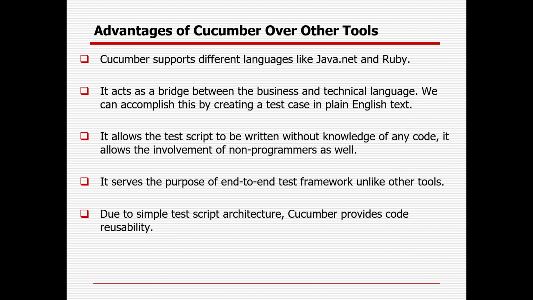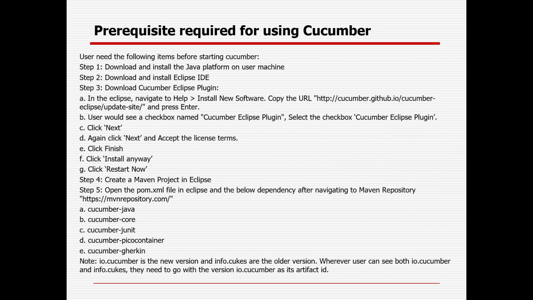Cucumber is a tool based on behavior driven development. It uses a plain, simple language called Gherkin language. First, you would require Java to be installed. You need to set the Java home path and the path variable. You need to install Eclipse. After Eclipse is installed, you need to install Cucumber in Eclipse as well. Then you need to create a Maven project. You need to give the